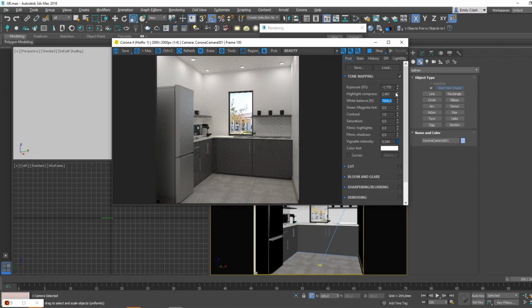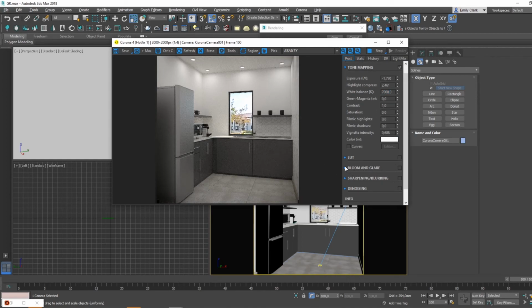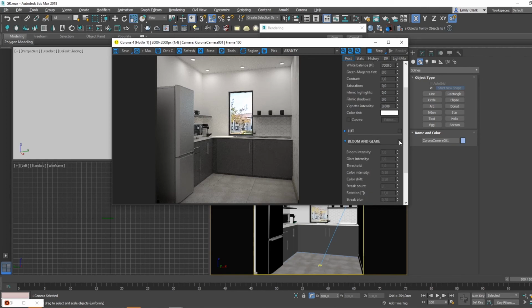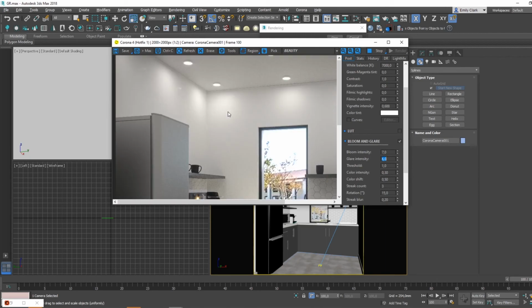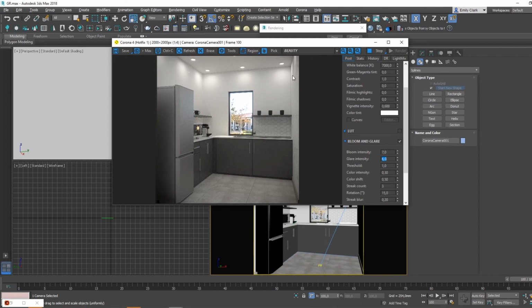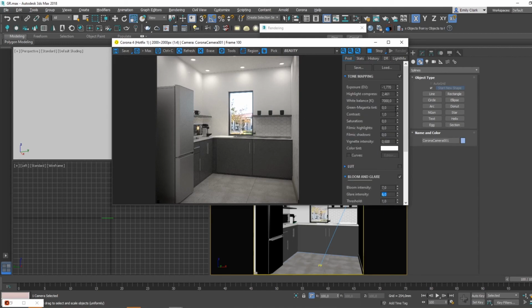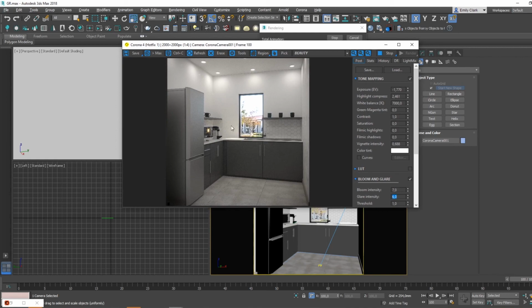And then what I like to do is add a bit of a darker shade around it, just to frame the image slightly. And then what I normally do is add some bloom and glare. I'll usually make the bloom about 5, the glare 1 less, just depending on how it comes out, how we've done our materials. And you can see there we start getting a nice little glow around our light fittings. Cool, so I'm going to go ahead and let this render,